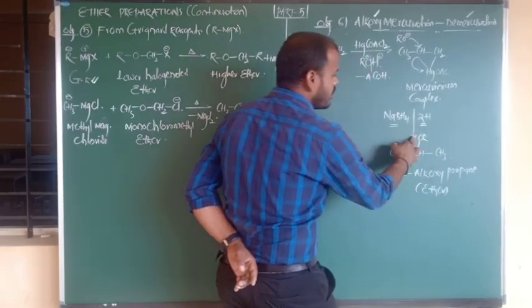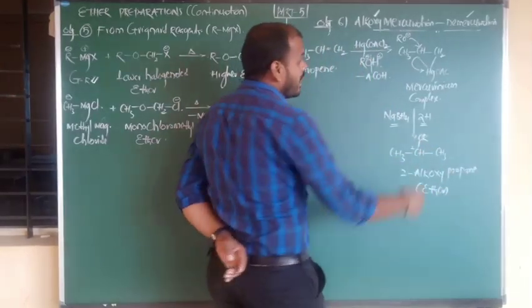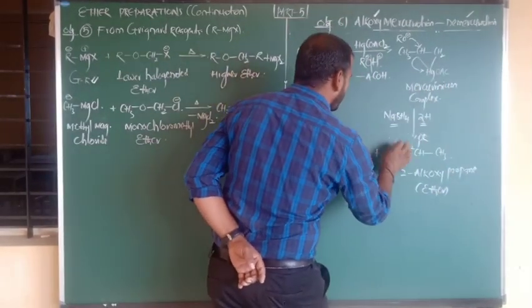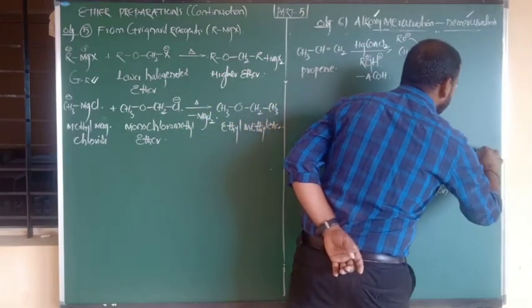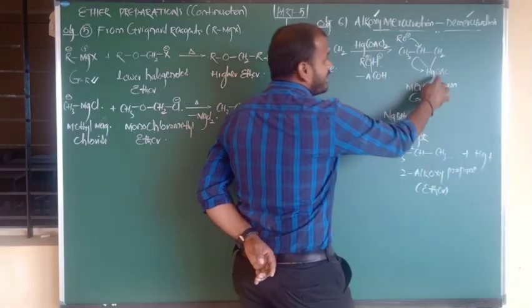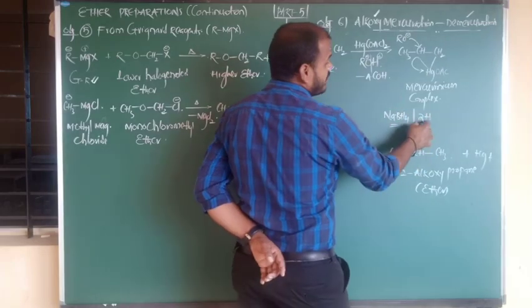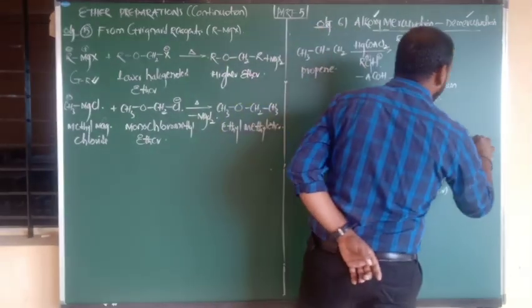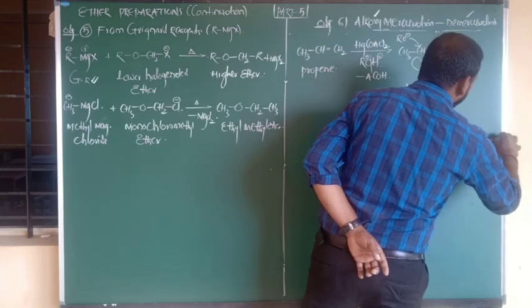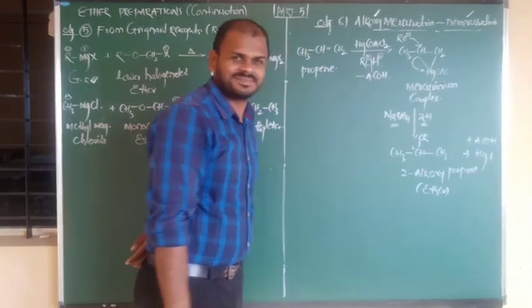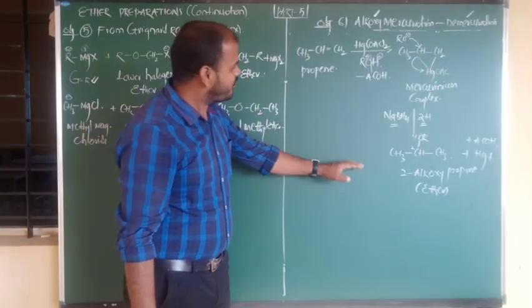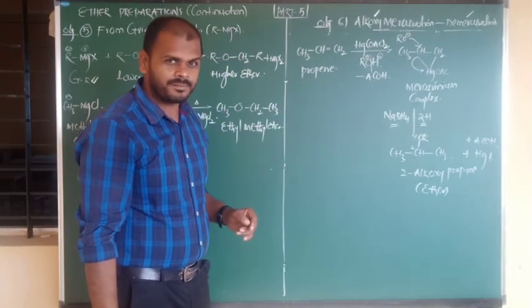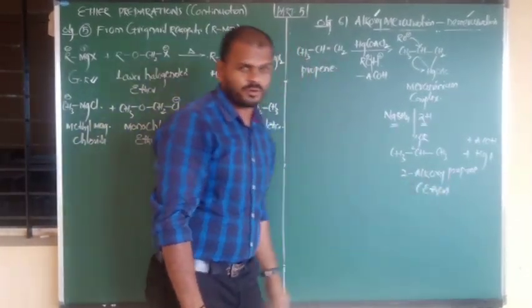So it is an example of what? Ether, ROR. And the remaining free mercury you also get here. I am going to write here plus Hg. And the remaining OAc, the acetate ion, now takes one hydrogen and is removed in the form of AcOH, nothing but acetic acid. Clear? So listen carefully, the reactant is propene and the product is 2-alkoxy propane.